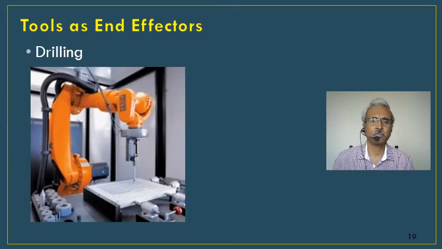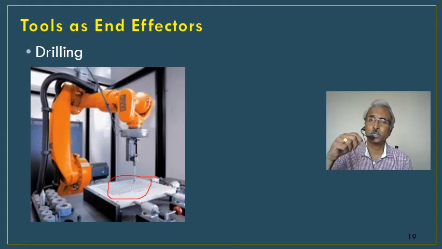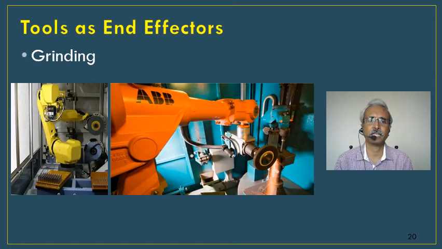So next is about drilling. Of course, the normal drilling is different. But when you want to do precise drilling, say in the diagram you can see, right? A lot of holes are to be drilled in precise locations. Another example is, imagine you need to do drilling in a PCB or a printed circuit board. So the accuracy is very important. Accuracy and speed both are important, where a robot can do a better job than doing it manually.